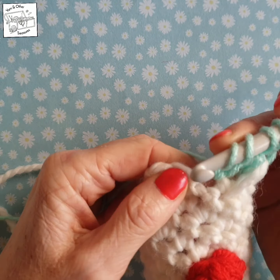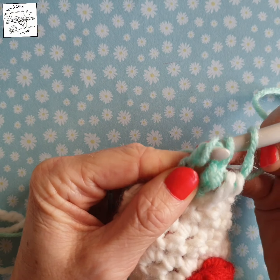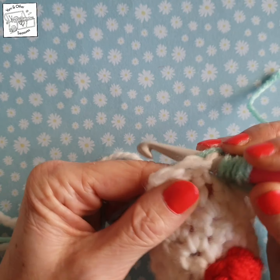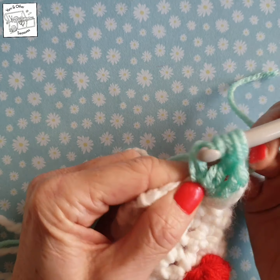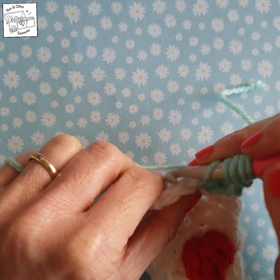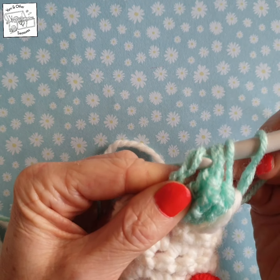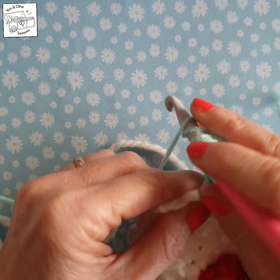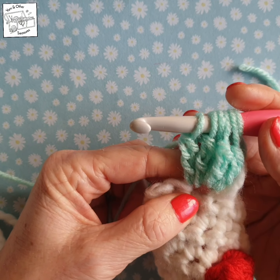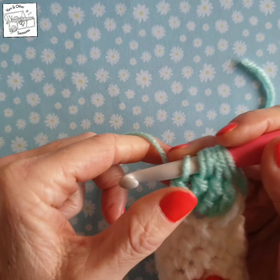I'm going to yarn over twice again, pull through 2, leave it, yarn over twice, through 2, through 2. So now I have 3 triple crochets, 4, 5, and now I'm going to pull the thread through all 5 loops,